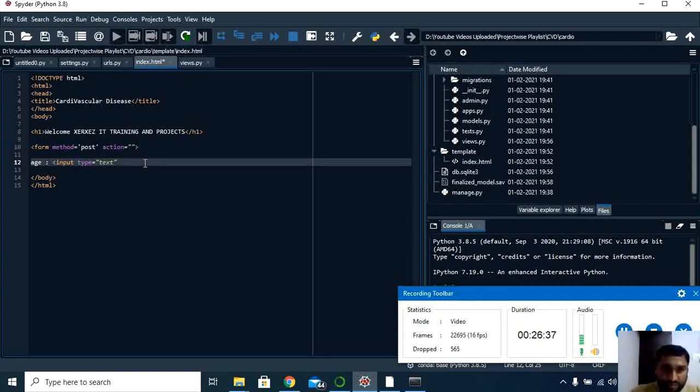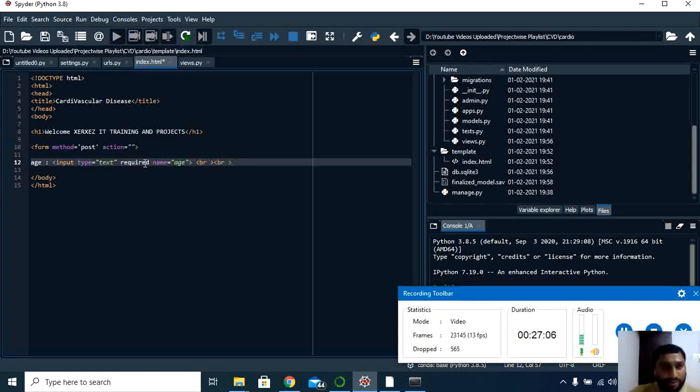Since I'm designing a simple model, I'll use the required field, so the user has to feed the data here. Name: when it comes to name, give the same name, let's say age here. Next, close this. Next I'll have one line break statement. Similarly, I'll have two break statements here.